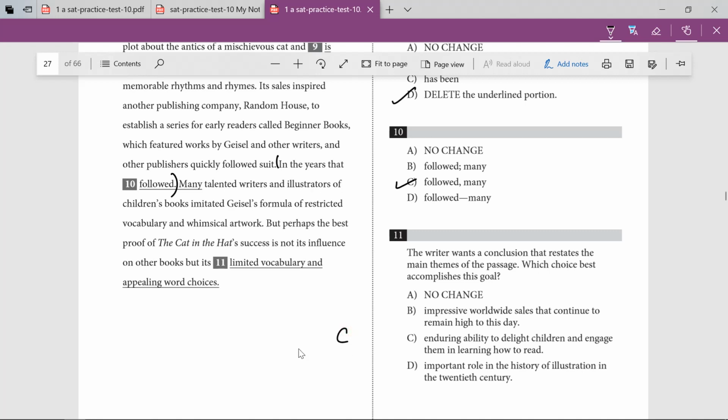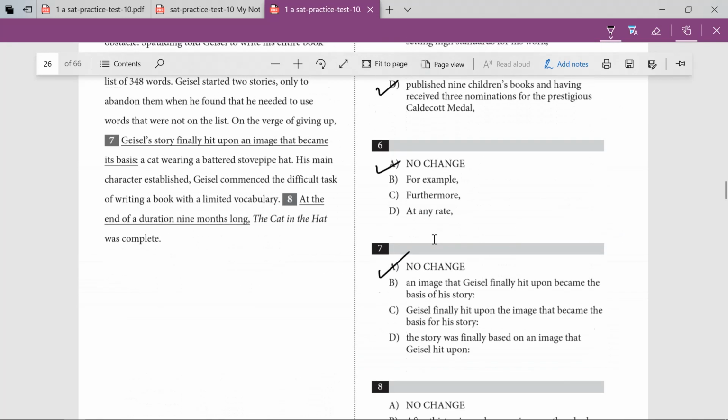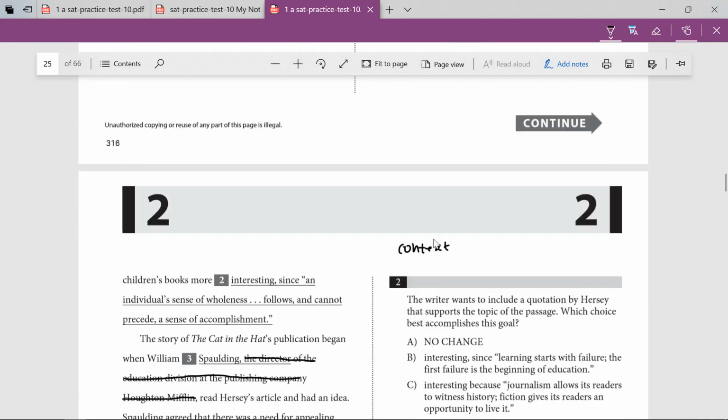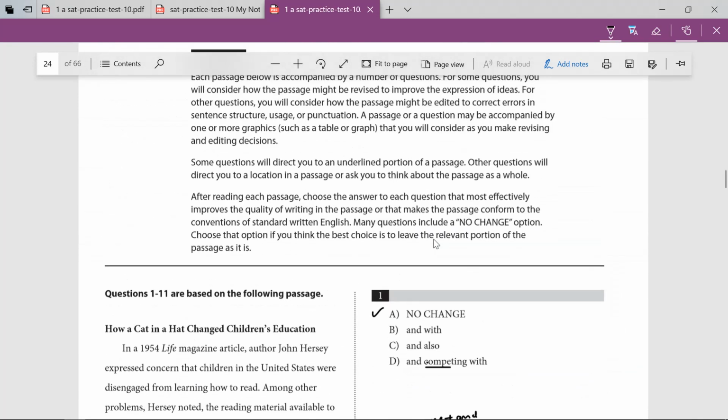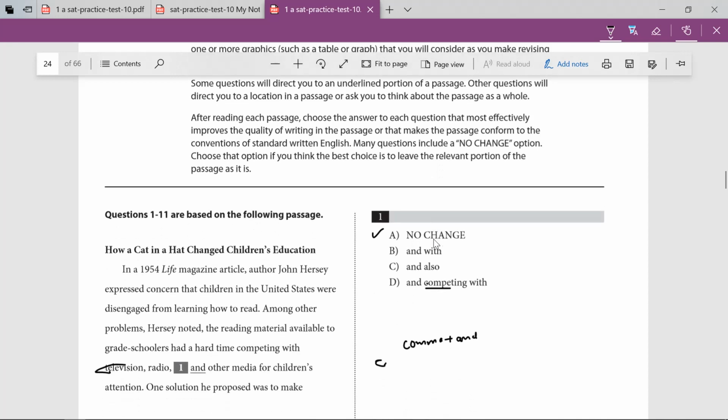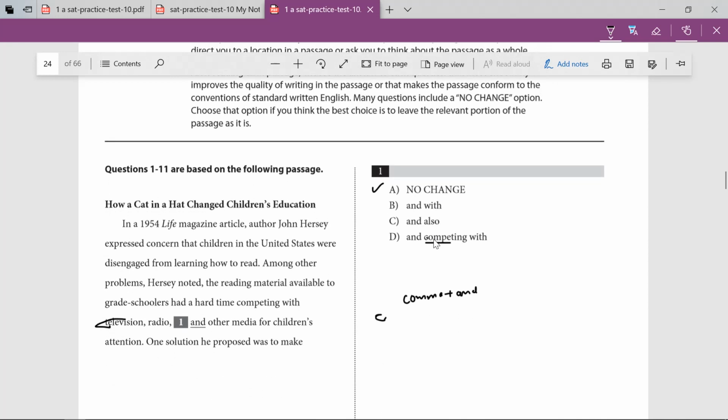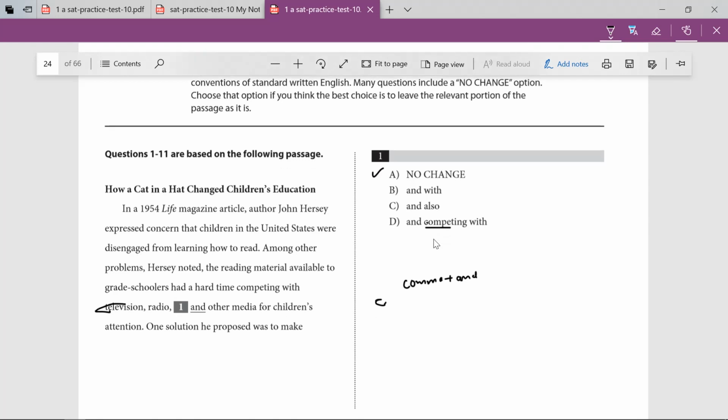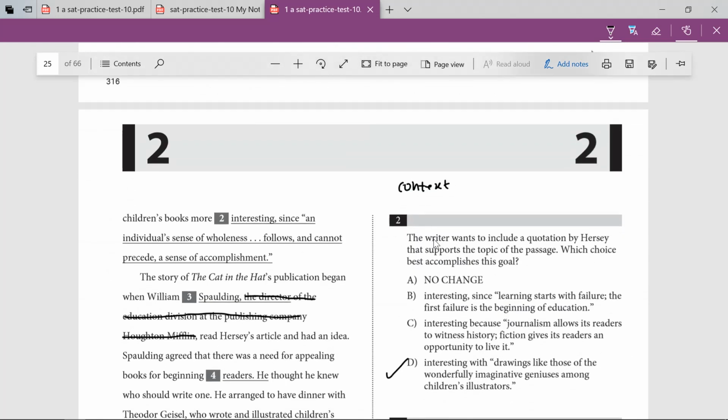One thing which I want to emphasize at the end is the way you did these questions: you read the options first. You tried to figure out what kind of question it is. Is it a punctuation question, a subject-verb agreement question, or certain rules of grammar? If you just quickly go through all of them, the first question was a comma separated list. If you've got three or more options, you have to separate them with a comma. The second question was related to